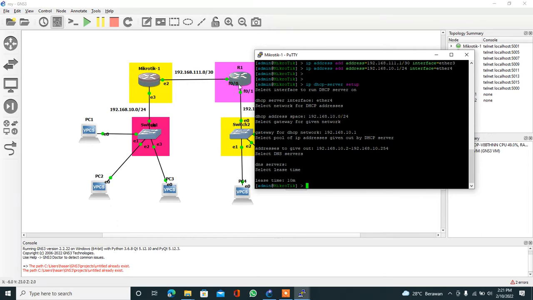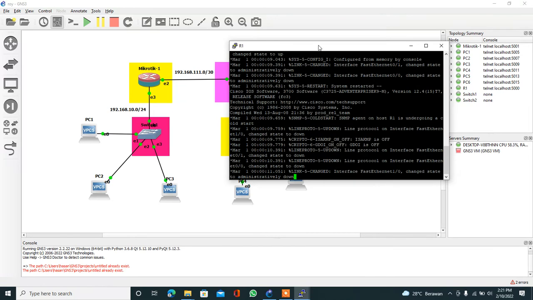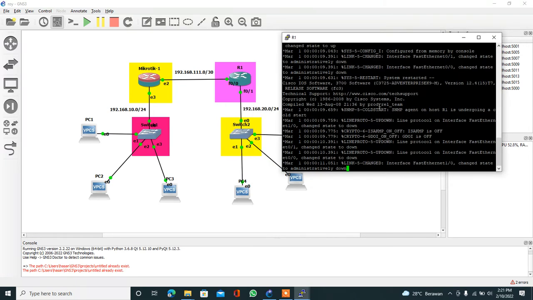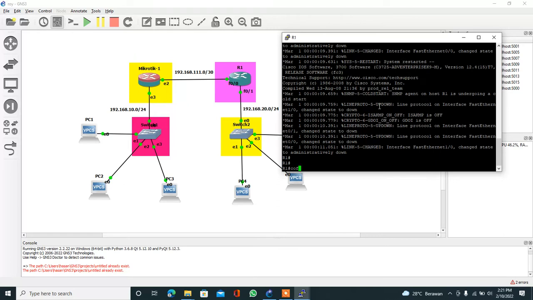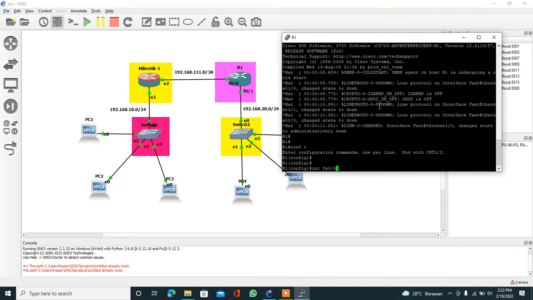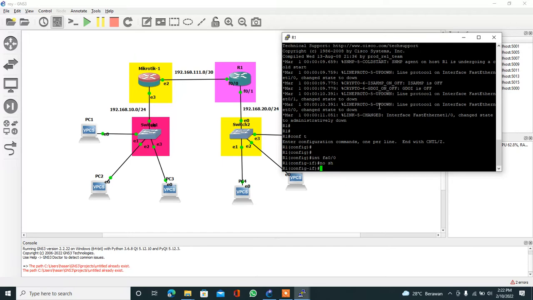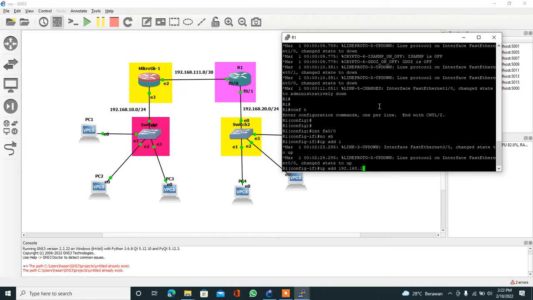Now enter the Cisco router. Enter the global config mode. Enter interface FA0/0. Type no shutdown to turn on the interface and add IP 192.168.111.2, subnet mask 255.255.255.252.